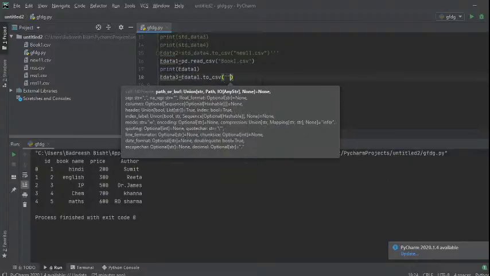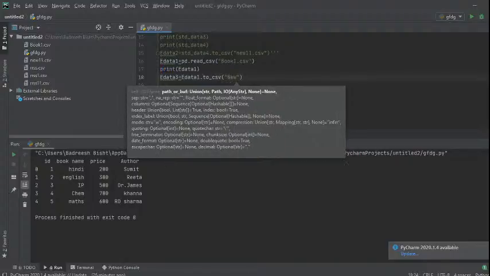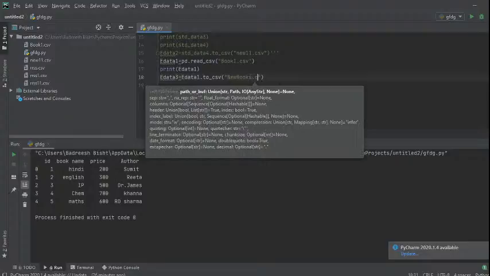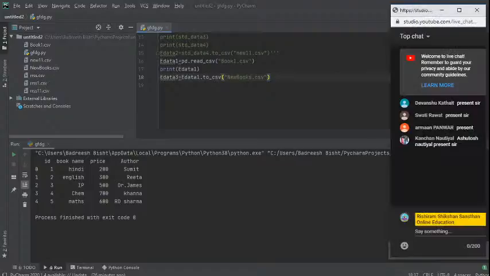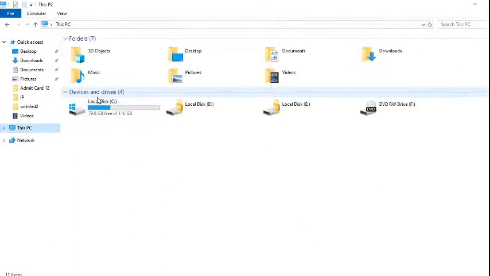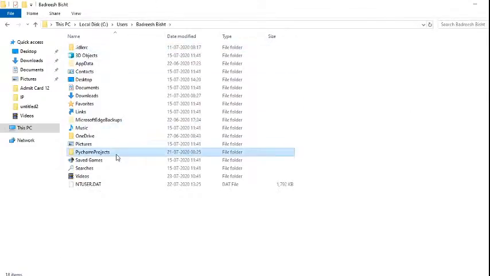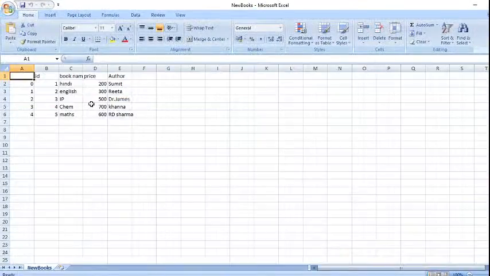Now here we need to put your file name. This file, Hindi English, we are going to save in another name. So I will put new books detail, CSV extension required to give, and then we are running our program again. So already the data is reading from there, and next check here, we will go in the project folder, C drive, users, PyCharm, this one, see new books is here, the same data I have got here, right?